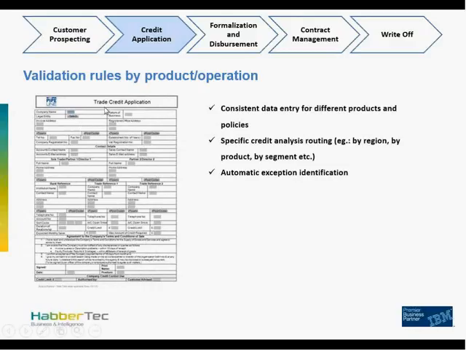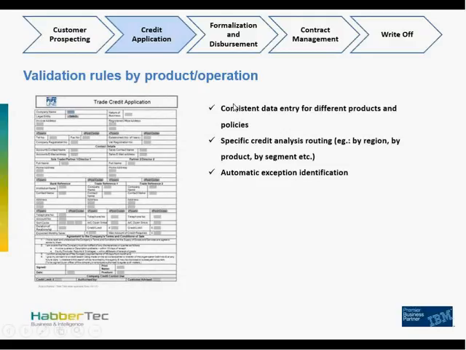All we're doing regarding this implementation is really to separate all the validation rules that are behind this form in such a way that we have data entry on one side and validation rules on the other side. And we just keep in the first level very, very simple validation rules like mandatory fields and all the other stuff. So combinations, things that need to be filled if we have some specific sort of operation. We just keep all of these rules on